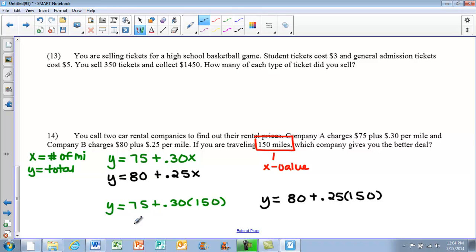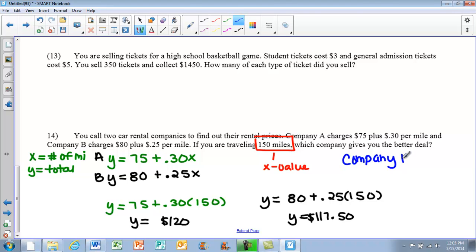So when I simplify here, y is going to be equal to $120. And the second one, y is equal to $117.50. So remember, this is for Company A and this is for Company B. The better deal would be spending less money, so Company B is the better deal because you're only spending